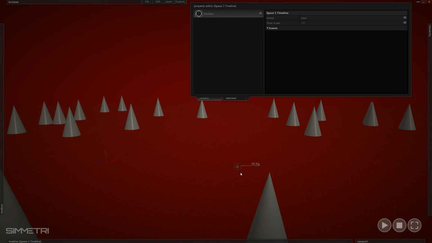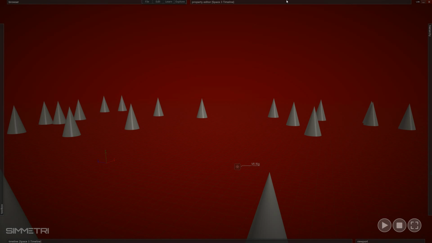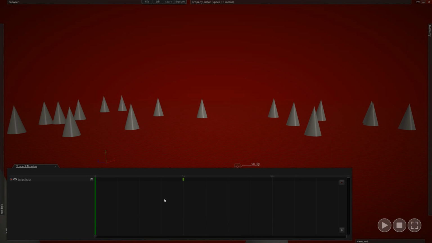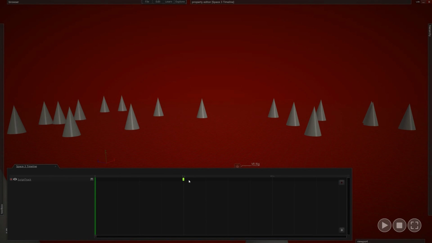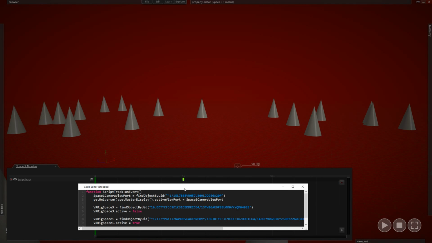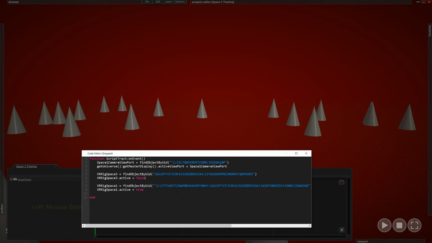So what we're going to have to do now is activate this timeline when we enter. And then when we leave this space, we can also rewind and then deactivate this timeline. So let's go ahead and do that first. I'm going to go back into that script for this time event that's going to send us back to that first space. And I'm just going to say self get parent. That actually returns the timeline itself. I'm going to rewind it, so it's going to go back to the beginning. And then I'm going to deactivate that